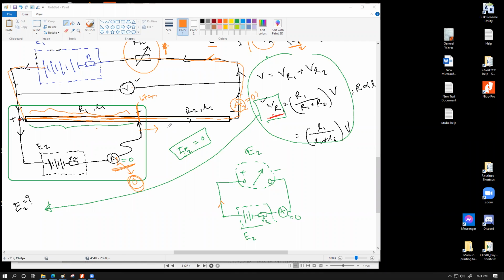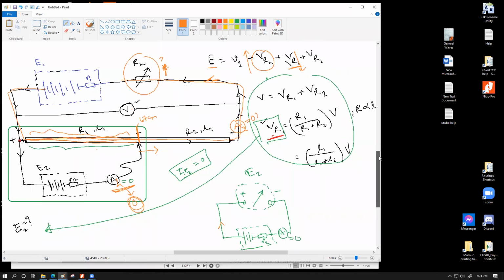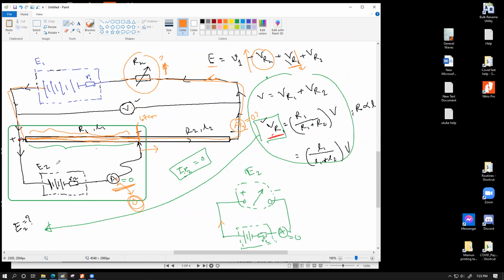So this is one of the advantages. The other advantage of having a variable resistor over here is this. Let's say you have a setup like this. You work in a laboratory of a research farm, and your day job is to measure the EMF of different